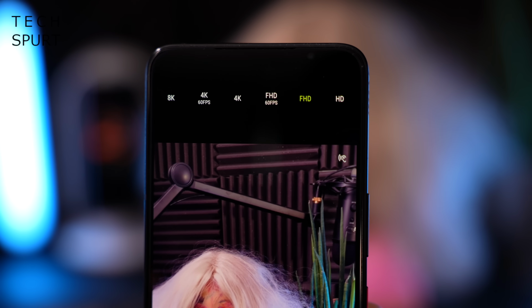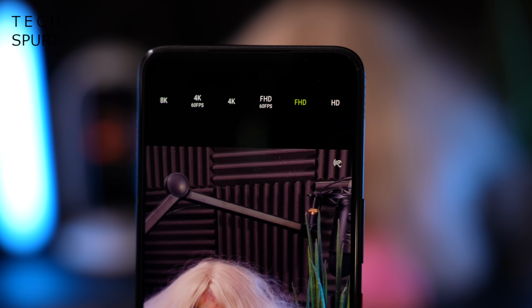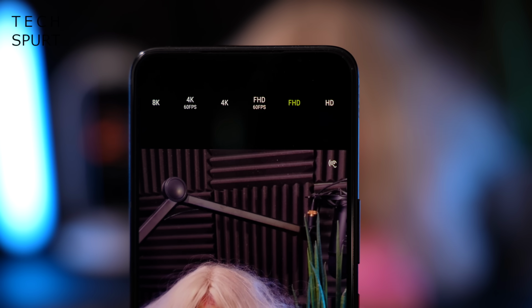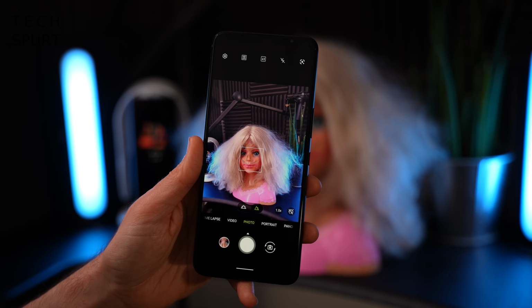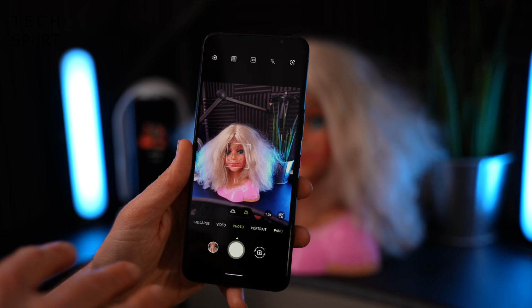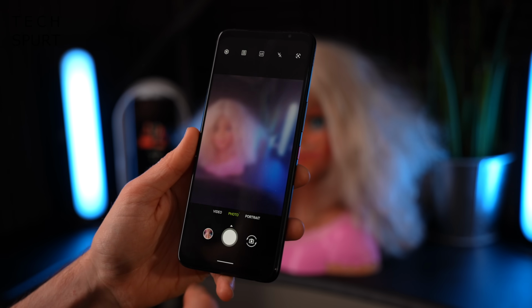And when it comes to shooting video, well, it's stuck at Full HD by default, but you can bump that up to Full HD at 60 FPS. Otherwise, you've got 4K at 30 or 60 FPS, and you can even jump it all the way up to 8K. But of course, if you're going to be doing a bit of in-game commentary or something like that, if you're doing a bit of Twitch streaming and so forth, then you're obviously going to be more interested in the